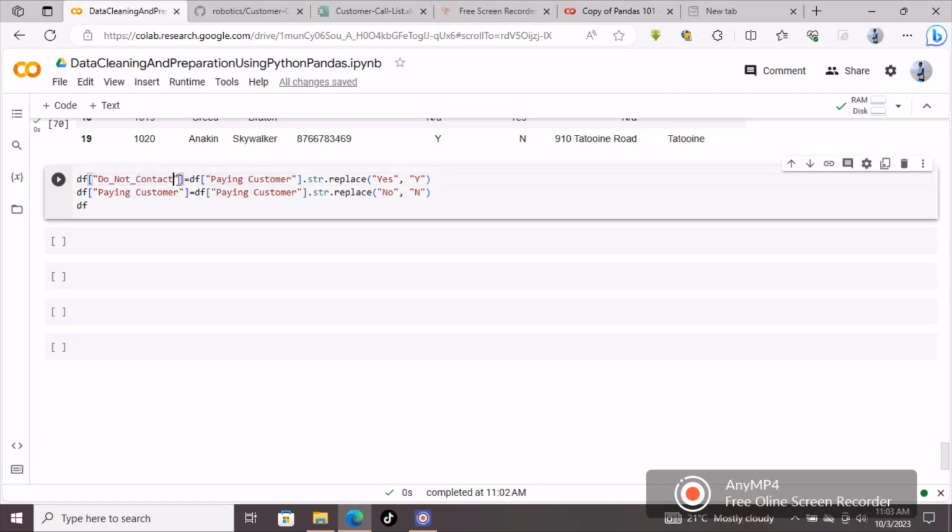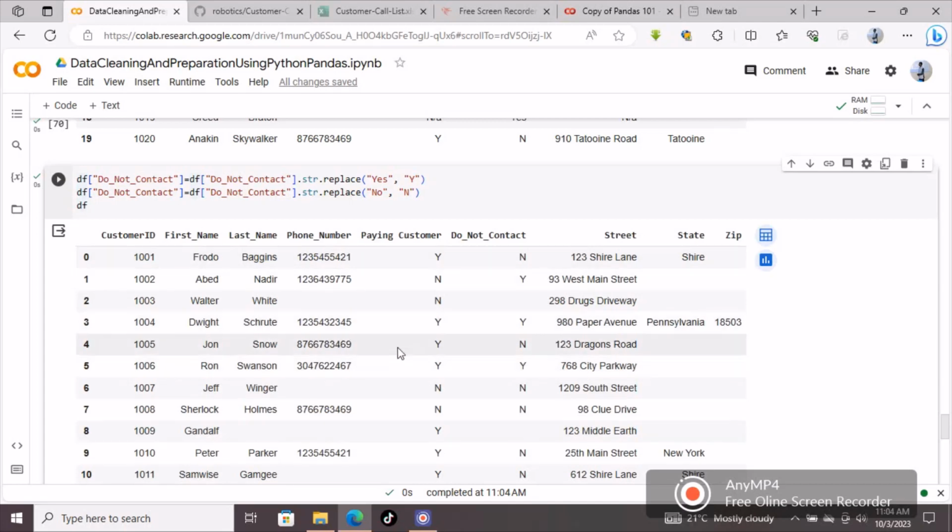So anything that does not have a value, we are going to replace it with an empty space. That's what that cell does. So as you can see now,